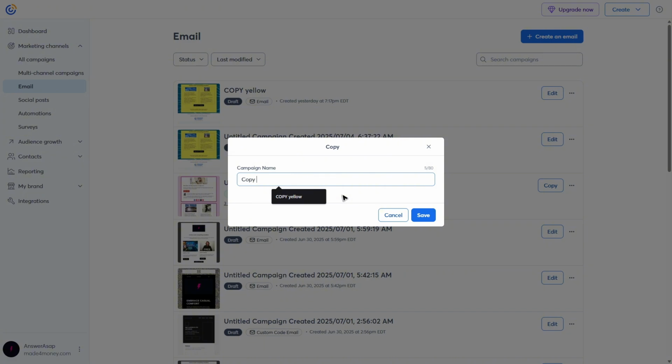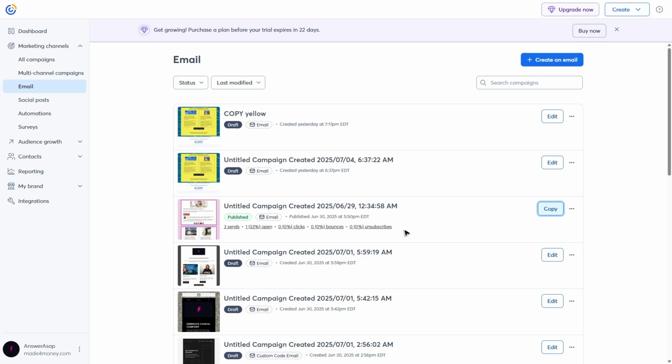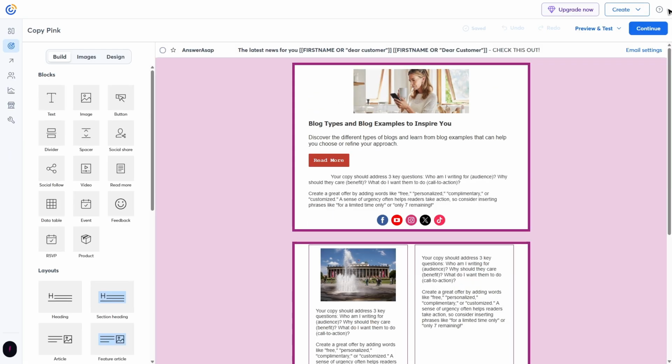Copy Pink, maybe. Hit Save. Again, wait for it to load. And from here, you can now go ahead and edit it. Hit Continue to send it to